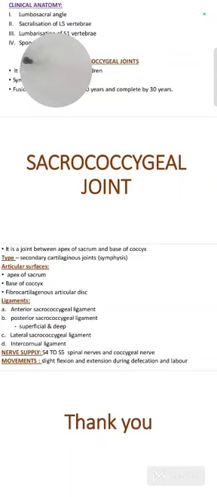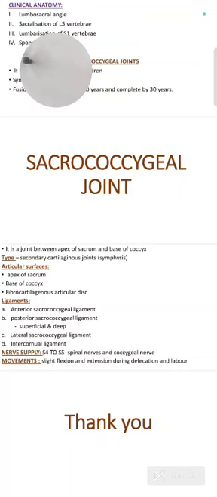The intercornual ligament is the ligament that stretches between the cornua of the sacrum and the cornua of the coccyx. These ligaments hold the sacrococcygeal joint together. Anteriorly there is the anterior sacrococcygeal ligament, posteriorly the posterior sacrococcygeal ligament, which consists of a superficial and a deep layer, and laterally you have the lateral sacrococcygeal ligament, and the last one is the intercornual ligament. Now the nerve supply for this joint is S4,